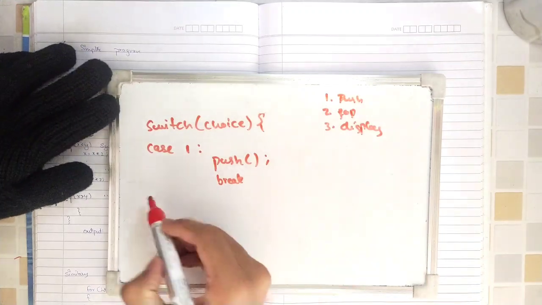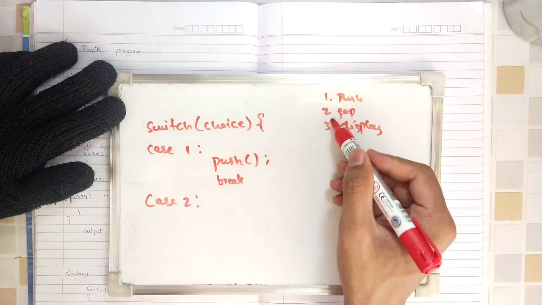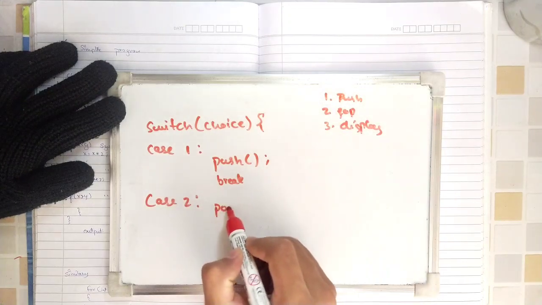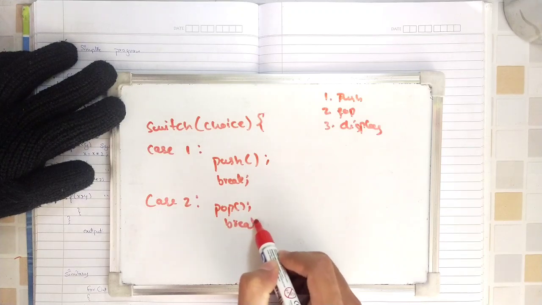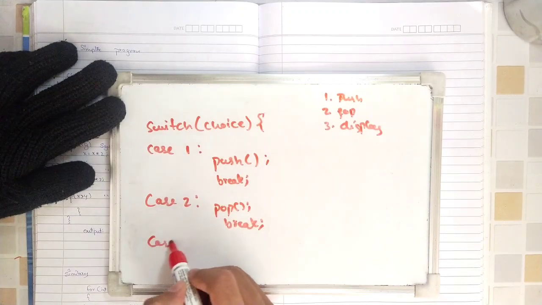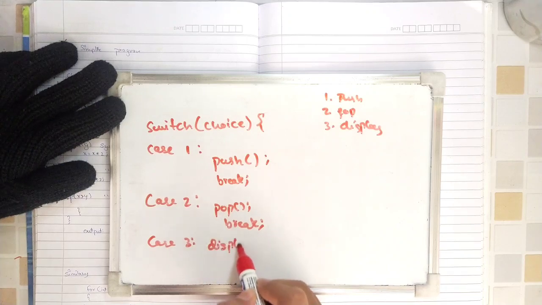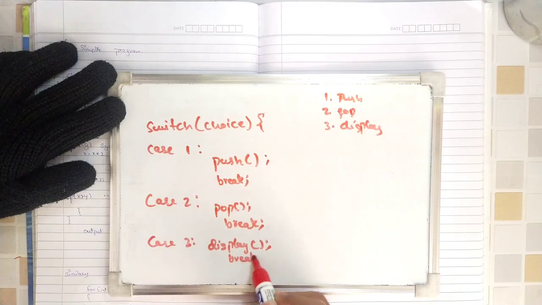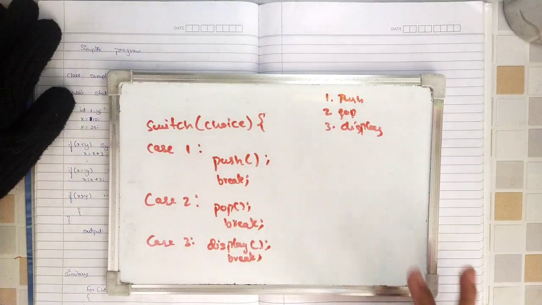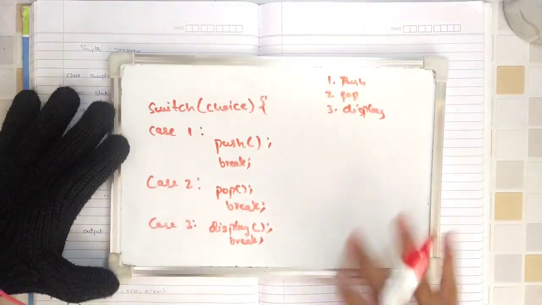So this is one simple example. Let me use three cases. In case 2, if I enter option 2, I'll call the pop function and say break. Then case 3, I'll say display, break. Usually a switch will have cases, a break in each case, and after all the cases are written,